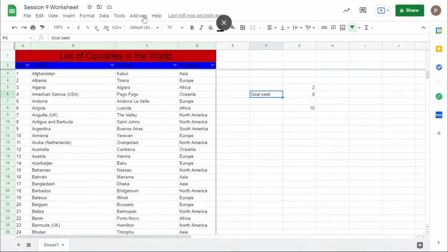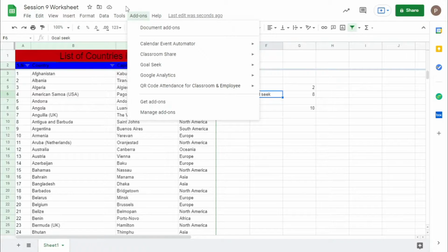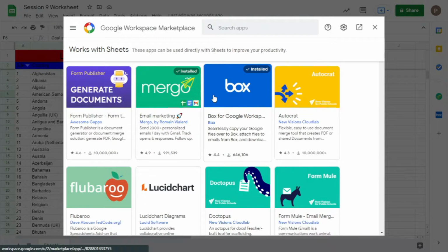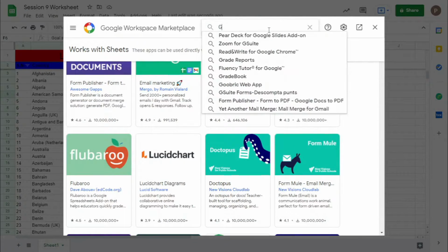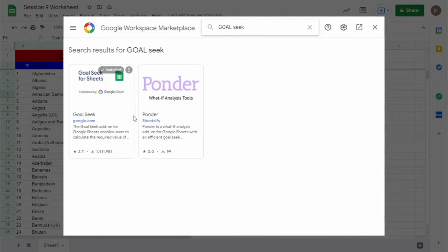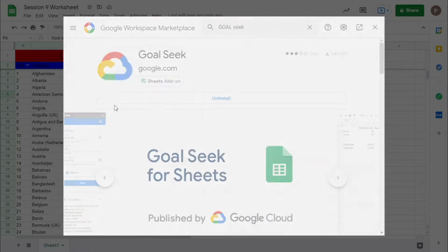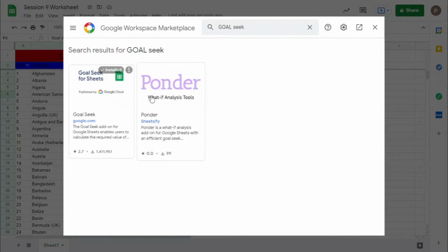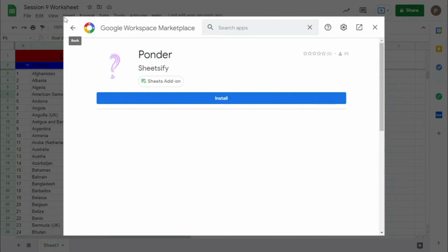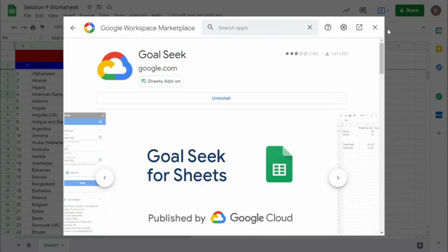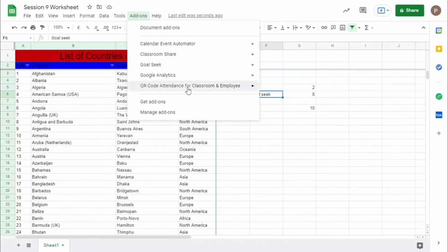All you have to do is go to add-ons, click on get add-ons, search for goal seek, click it and install it. Once installed, it will show here in your add-ons as goal seek.